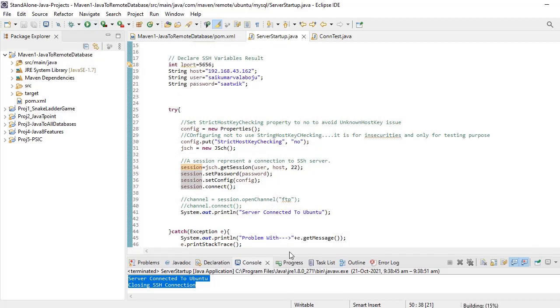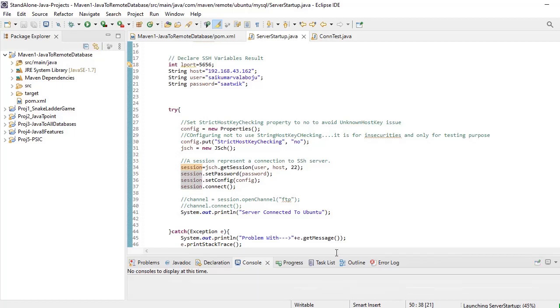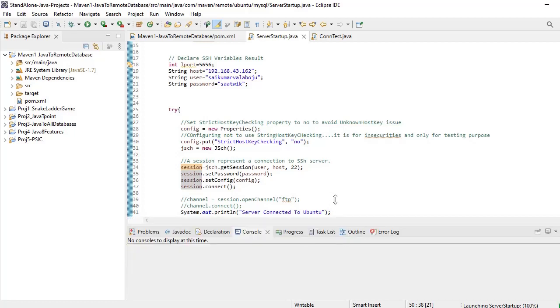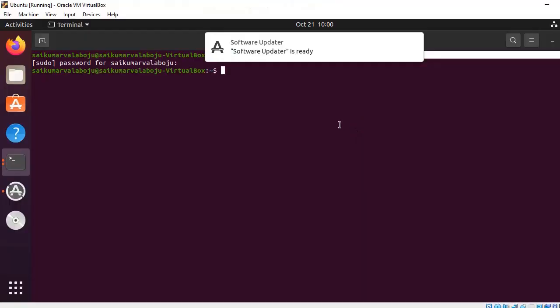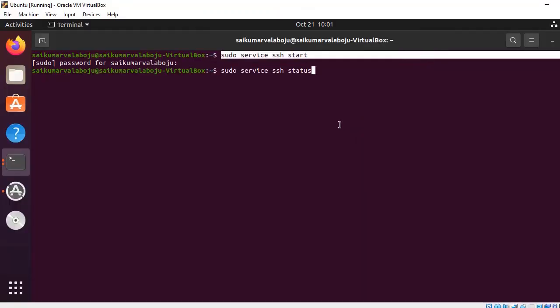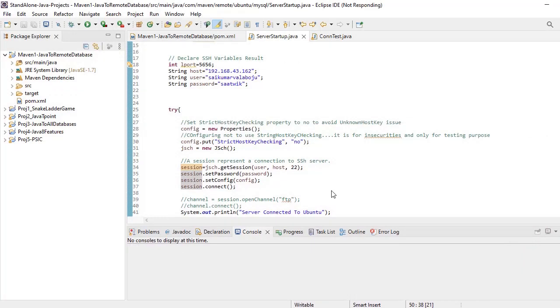Now observe, I am running. Now it is running the application. Just wait for 1 minute. It is running.